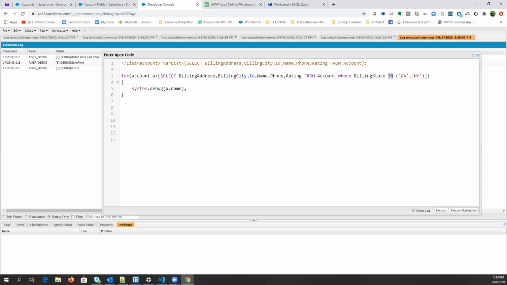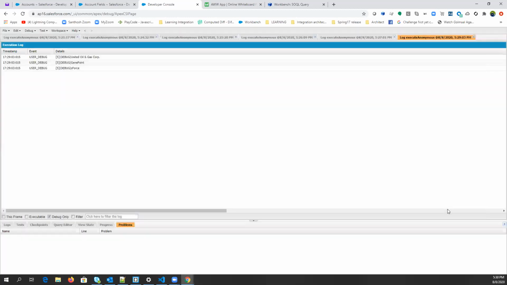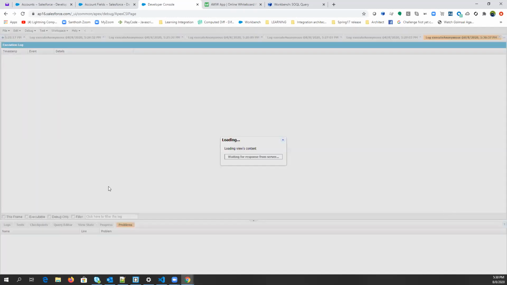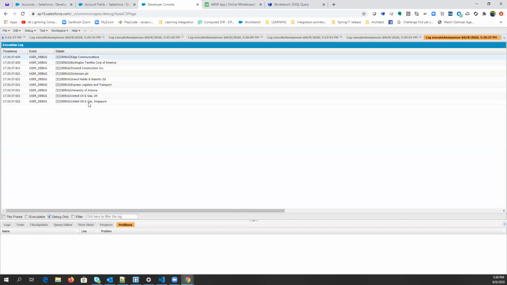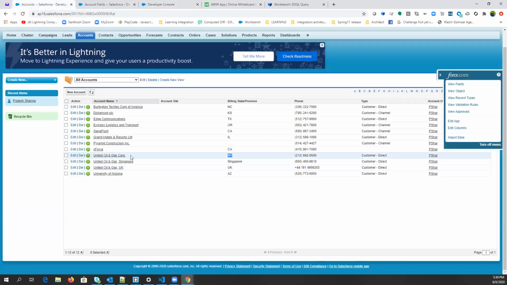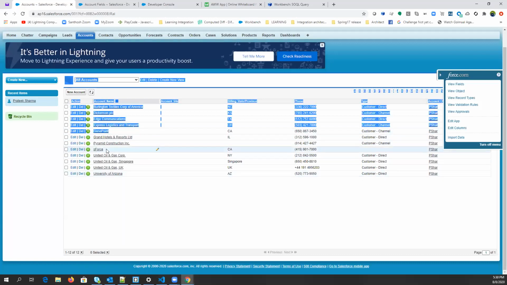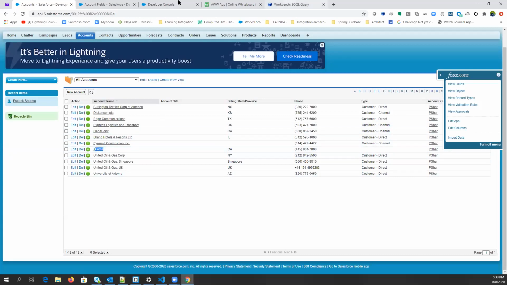And in the same way, if I type NOT IN here, then what will happen? It will exclude. Except NY, it will print every account, but it won't print these three accounts. United Oil and Gas Corp, Jana Point and this Asforce will be excluded.